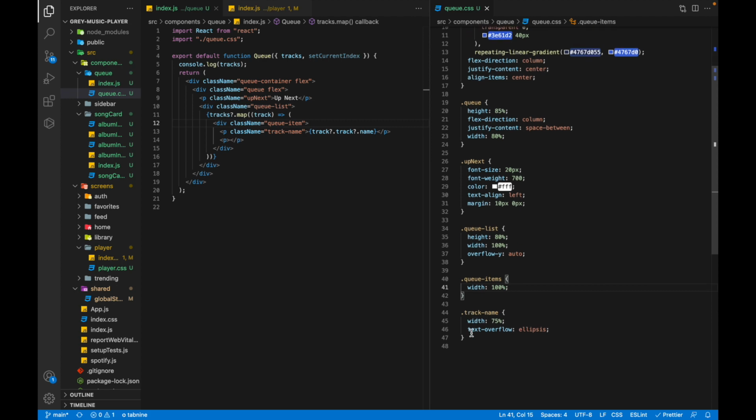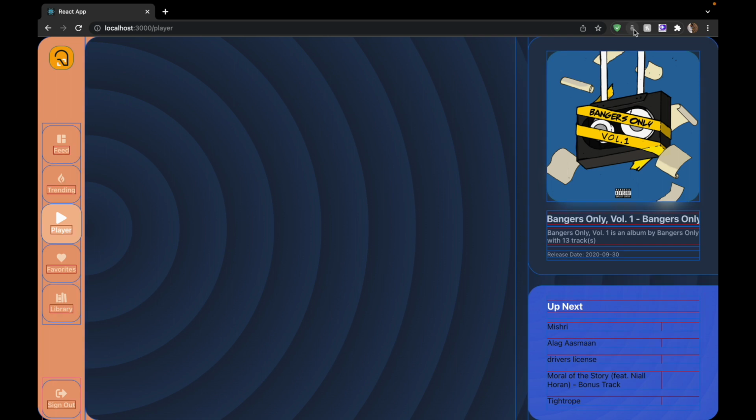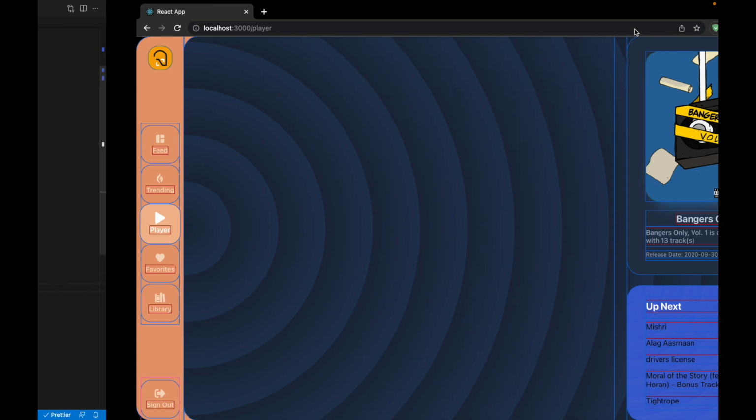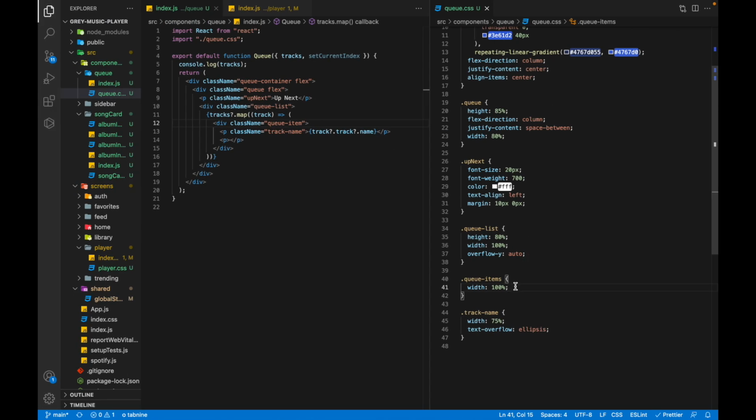Still something is off, so let me quickly check what is happening here. Alright, this text already has a 70%. Okay, this is working. I couldn't see it, it's working. It has 75%. For the rest of the screen, I'll add. Alright, so